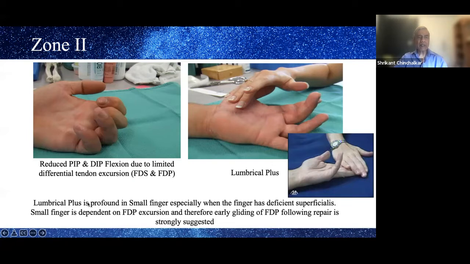So let's keep in mind that lumbrical plus is profound in the small finger, especially when the finger has deficient superficialis, because the small finger is dependent on flexor digitorum profundus excursion, and therefore all small fingers should be treated by means of early flexor tendon gliding exercises